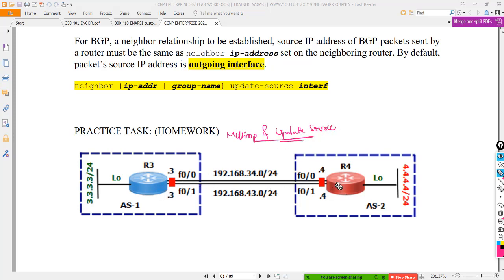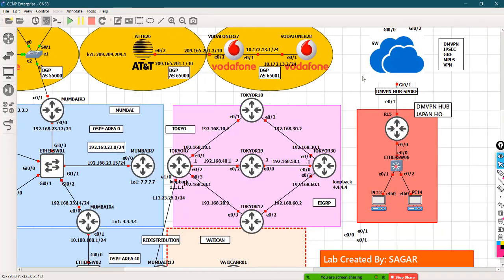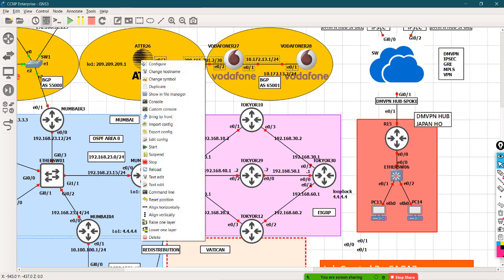In this diagram, things are a little different, not completely different. I'll tell you how it is different. Let me start them.